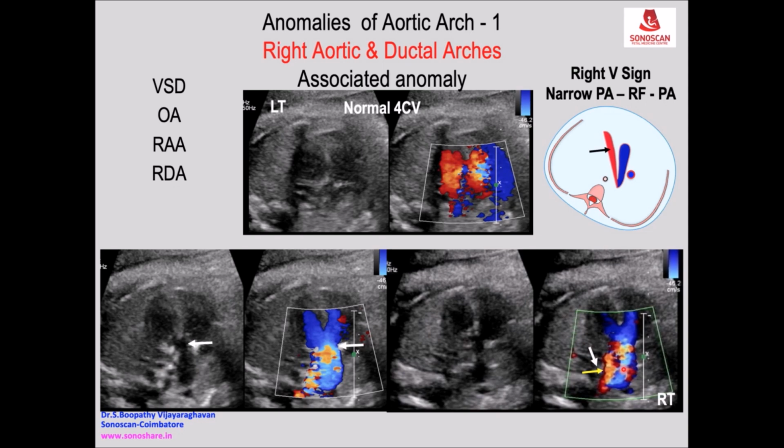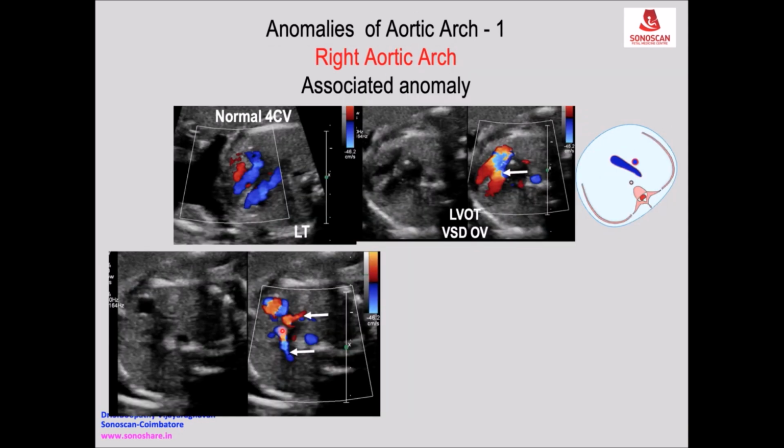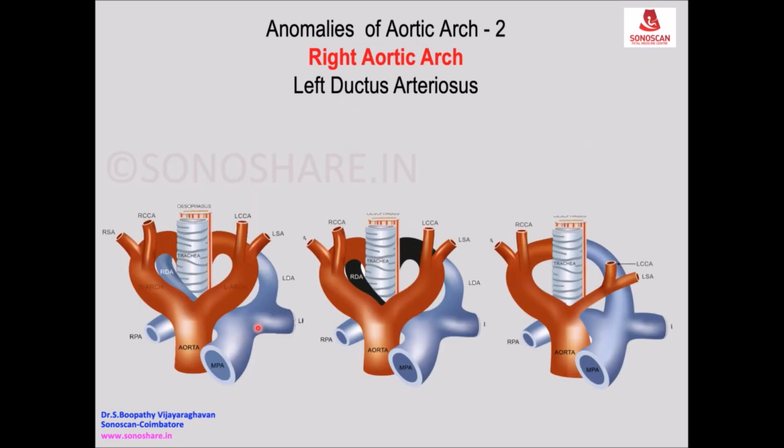In addition, from the same vessel you can see the pulmonary arteries arising from the undersurface of the same vessel. That means it is a common arterial trunk. Aortic arch model, double aortic arch model: the left aortic arch distal to the subclavian artery and the right ductus arteriosus regress.